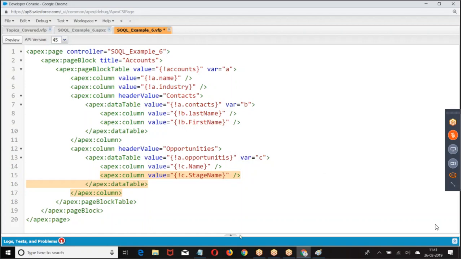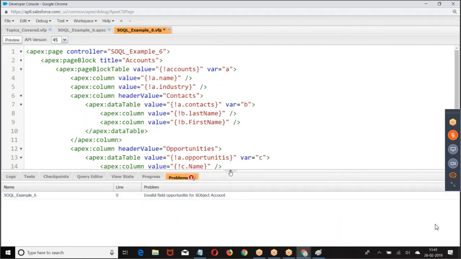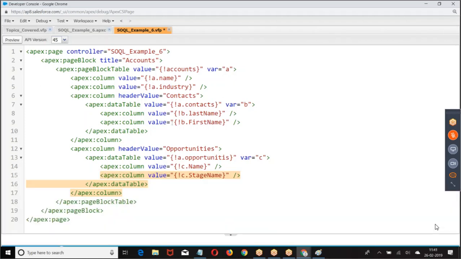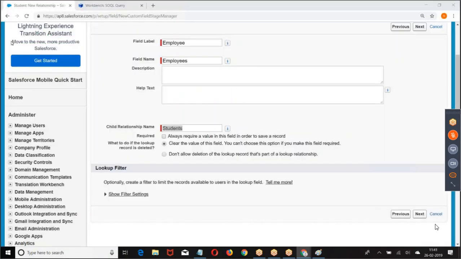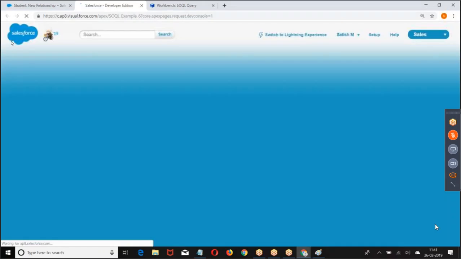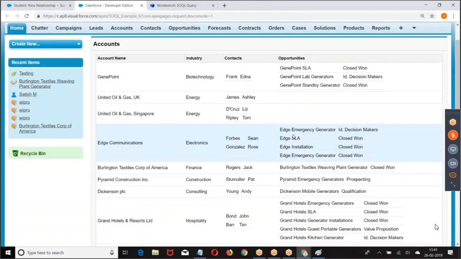So A, invalid field of opportunities. A dot contacts, A dot opportunities. Whatever the relation I have used there, from contacts, from opportunities. This is how we got it: account with the list of contacts with the list of opportunities.